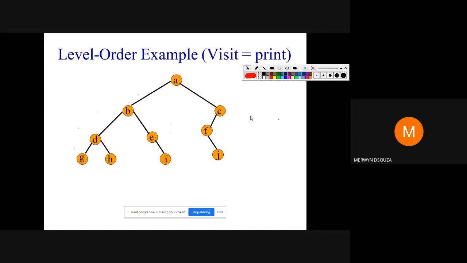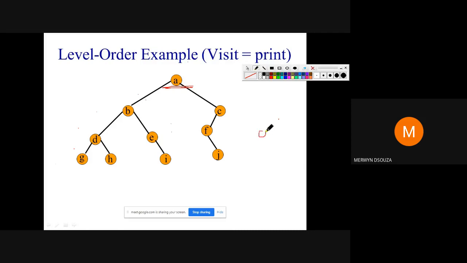So let's see how this works. The way you get the output is pretty simple. You start with your root node. Start at this level and print whatever value is there at that level